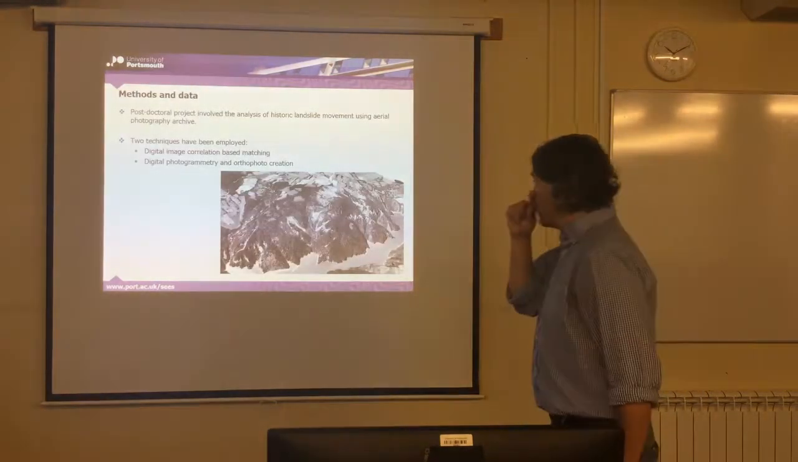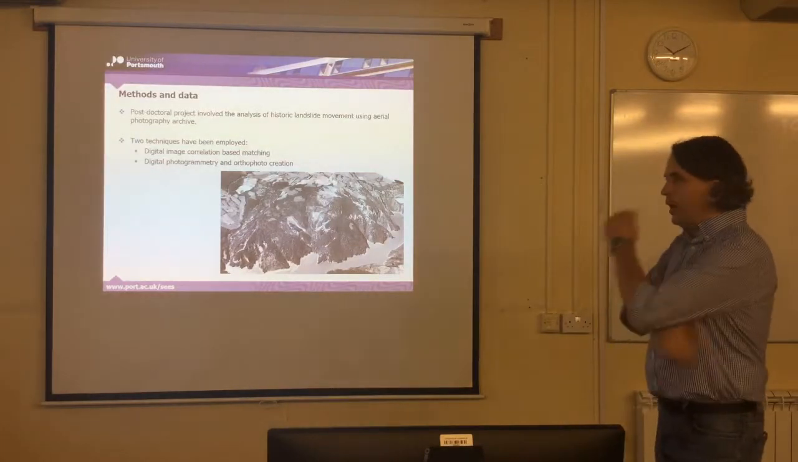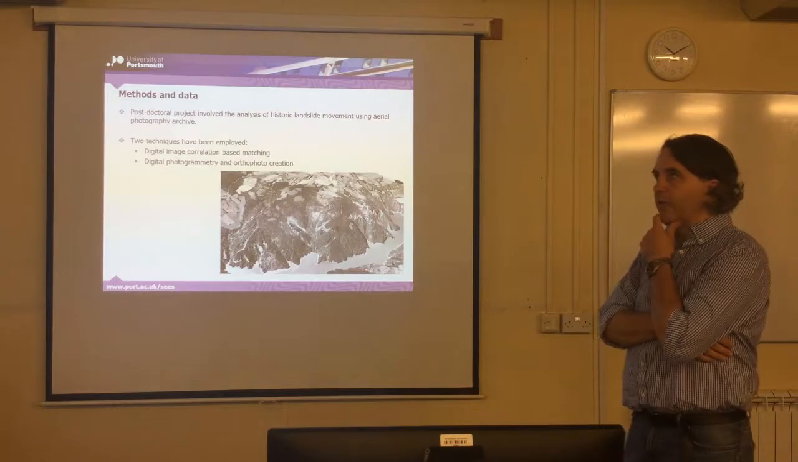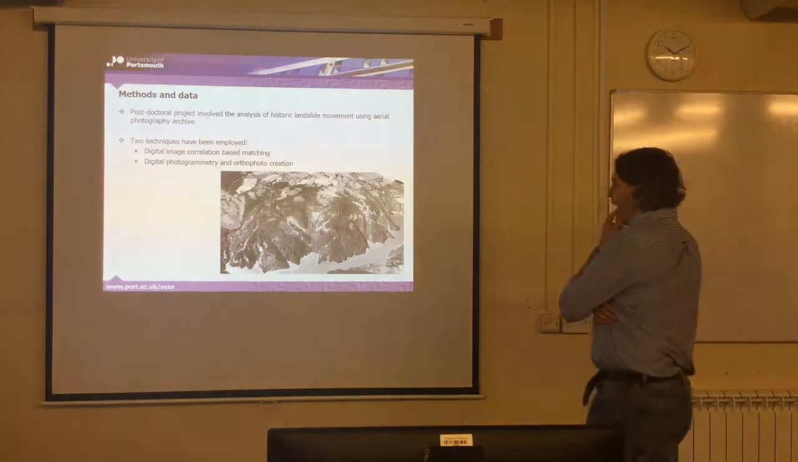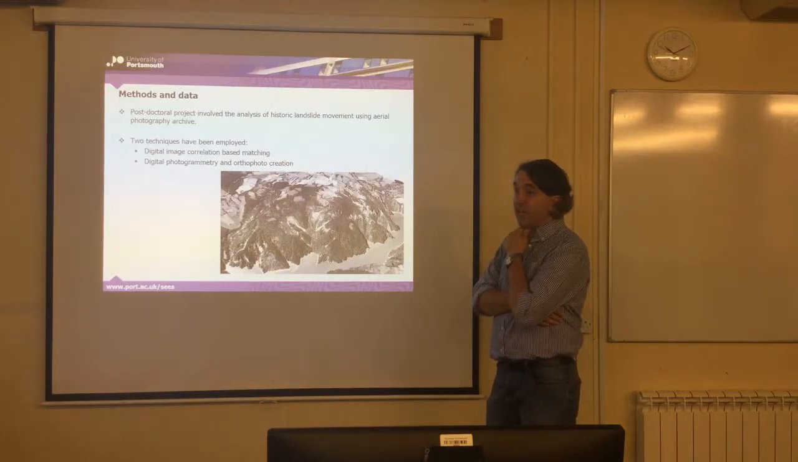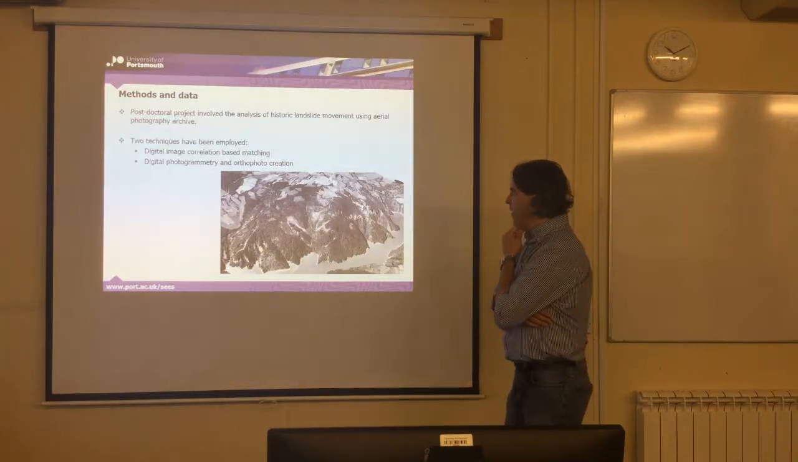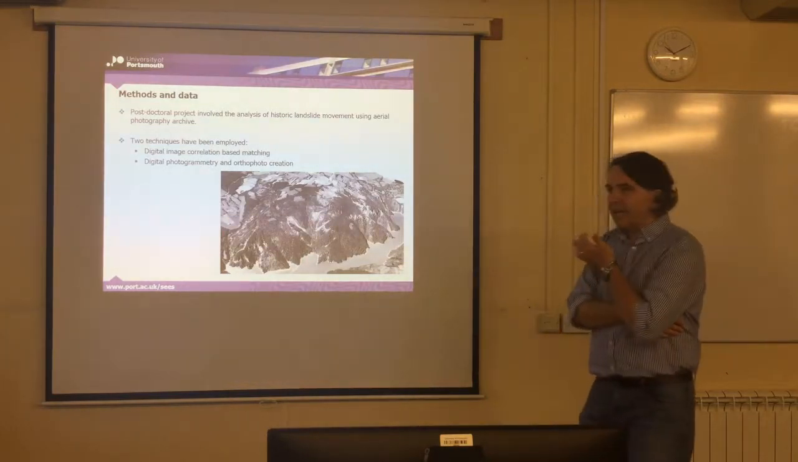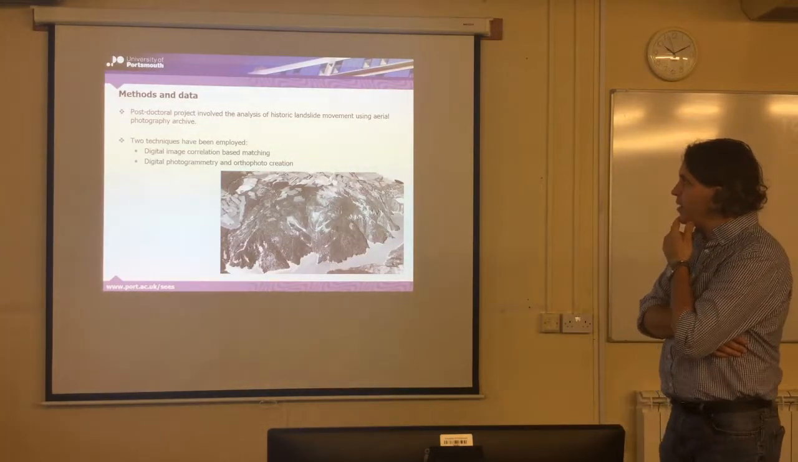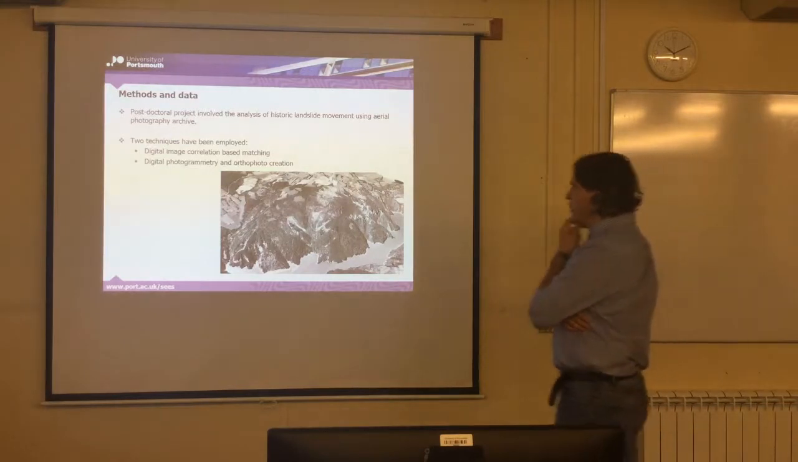So what we did was we wanted to try to monitor the landslide. We wanted to try to see if we could work out how fast it was moving and which way it was going, which is quite challenging because they have very little GPS data because it's quite a dynamic environment. So we used a process called digital image correlation,